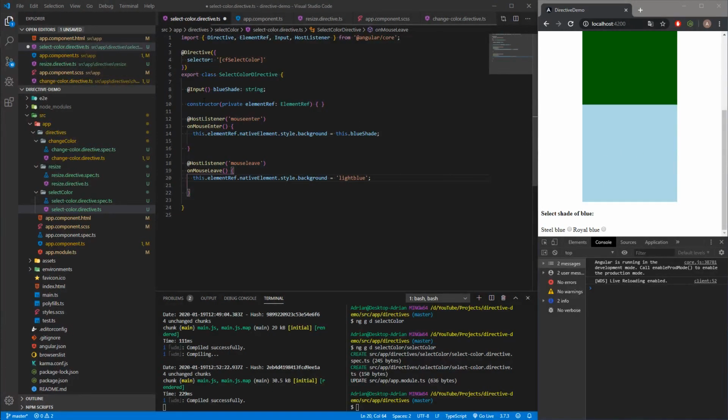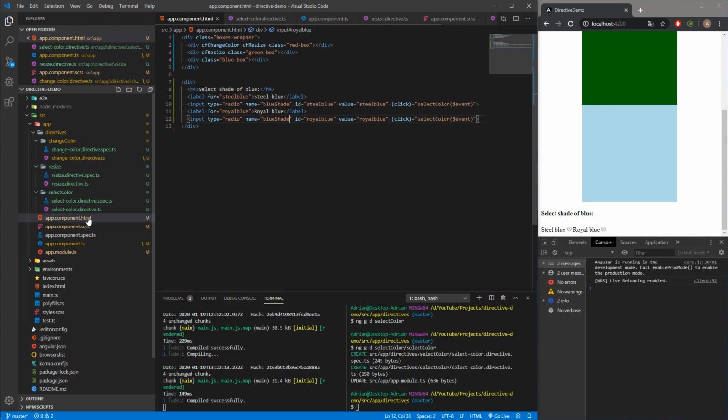Also, in the constructor of the input decorator, we have to specify the name of the property that will get the value from the parent, and in this case it will be the same as the selector. So we have to do this like that, and now we can save it,